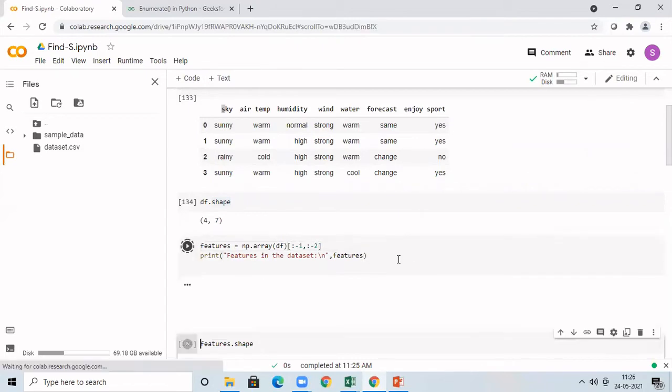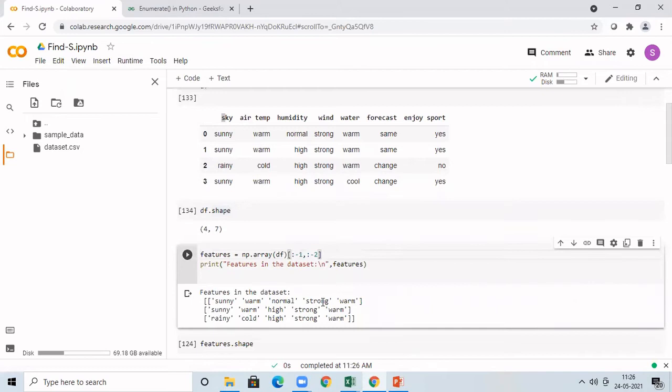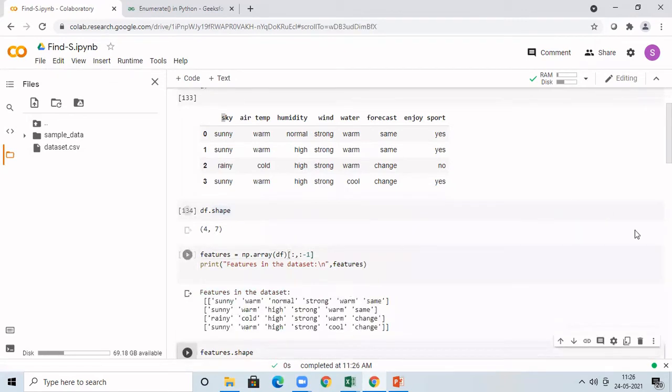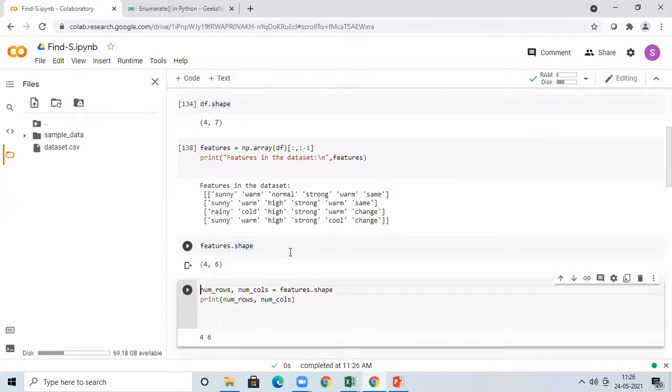Let me run this so that you will understand clearly. You can see this now. We have only 3 rows and then in the columns, we have only 5 columns. Okay. But now for us, we want all the rows. So I'm going to give this and other than the last column, we want everything in the features. Let me run it again. Okay. So now I think you understood how to extract only the features from the data set. And once you have done this, you can check whether it is correct. Just to display features.shape, it is going to tell you that you have 4 rows and then totally 6 columns in your features array. So now we have extracted the features.